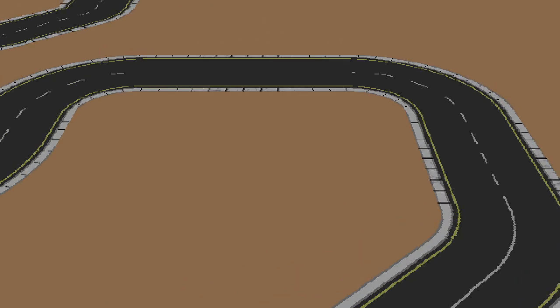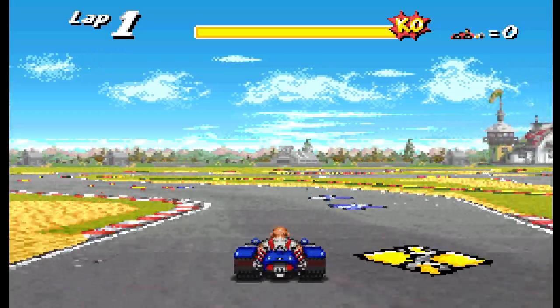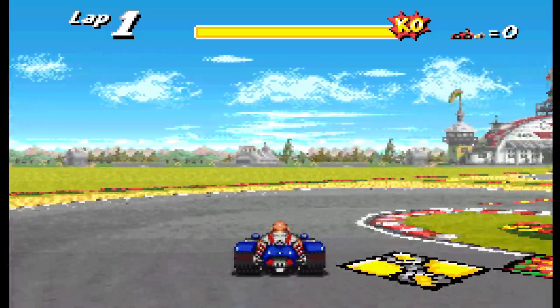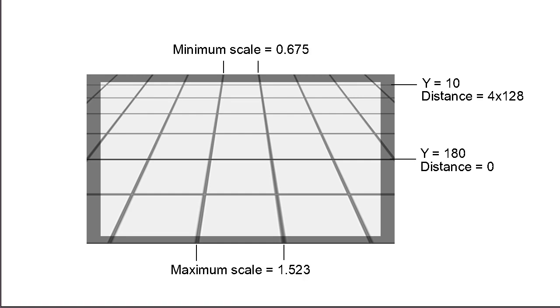Let's now try to get a perspective view of the circuit. This will look similar to the old Mode 7 games, but the camera won't rotate. The first thing we need to do is to choose the perspective we want. With that, we will calculate some references like distances and scales. This console has no 3D, so we use those parameters to write a routine that draws the circuit line by line, increasing the scale.